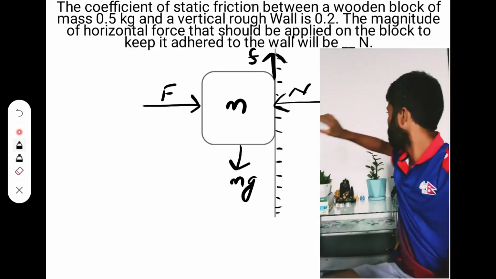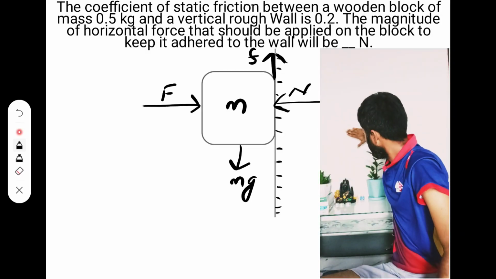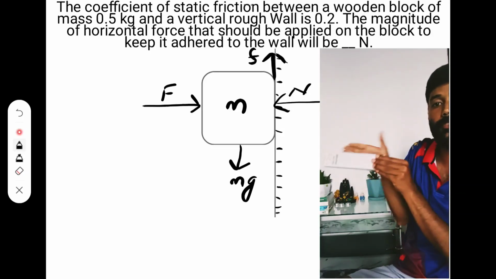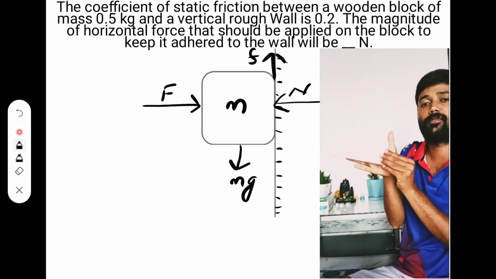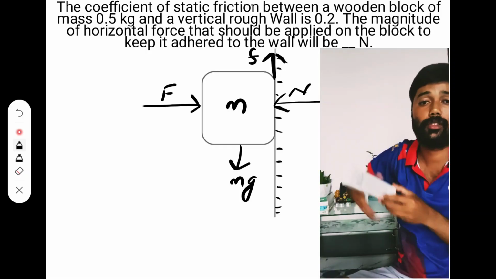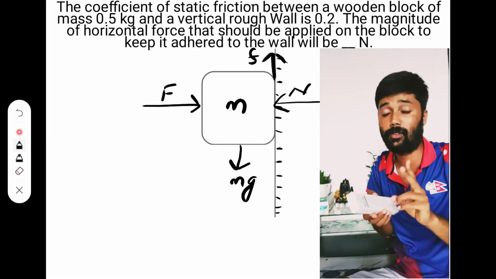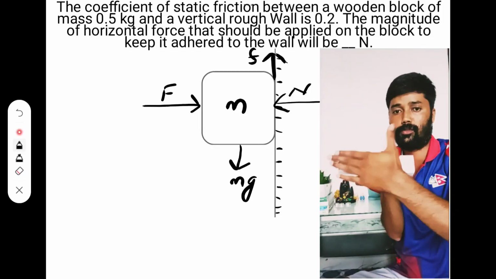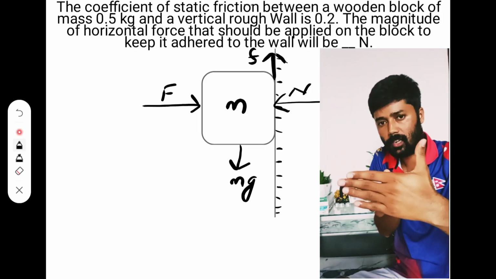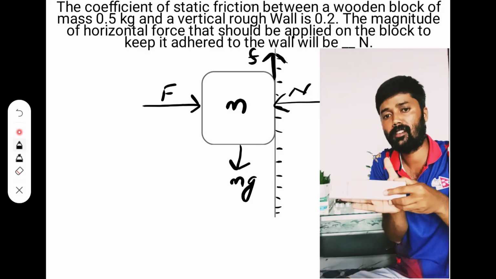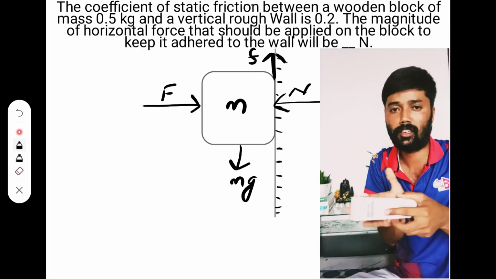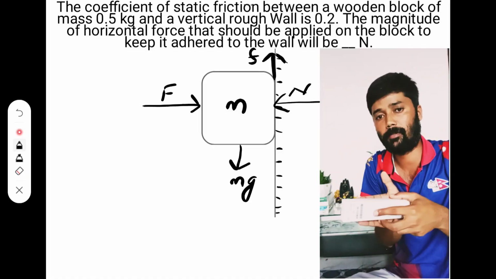Now see this region, the exterior region, normal force, and again in this inner portion there also exists normal force due to contact between this surface and this wall. So there are two normal forces in this case whose value is the same, and this is due to the contact between the block and palm, and similarly block and wall. Whenever two bodies come in contact, there exists normal force due to interaction between the charged particles lying